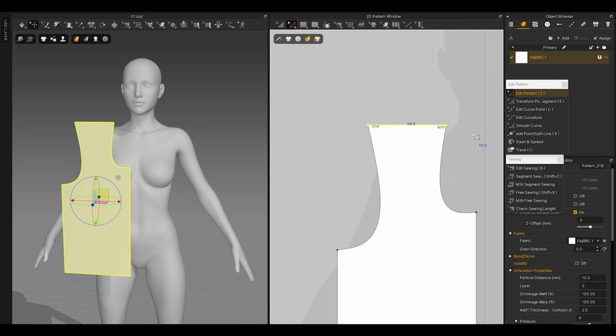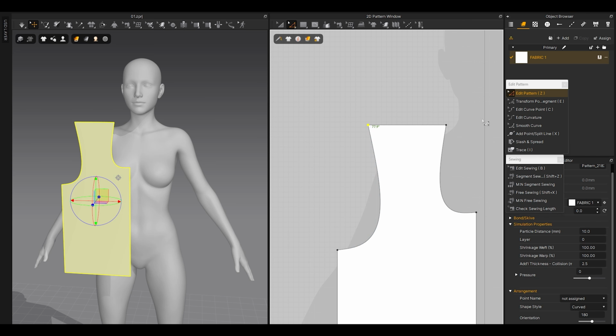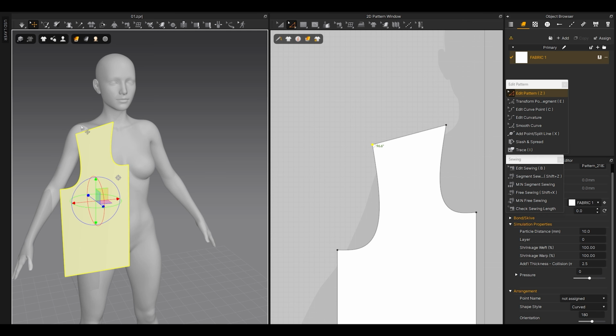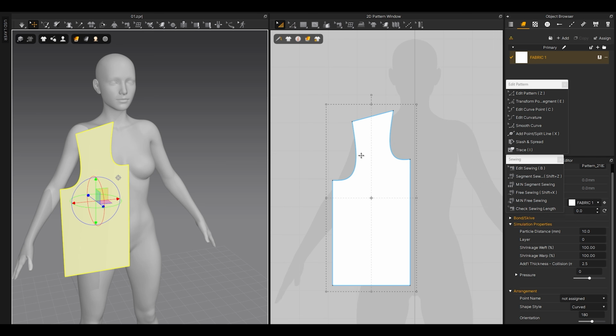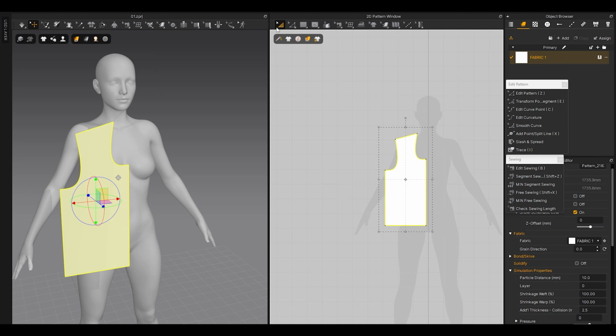This is the shoulder line. So use edit pattern to select this point, not this point, and just drag like this, because the shoulder, as you can see, is a little bit of a ramp. If you make it straight, it will be very bad. Don't make it. All right, so I'm gonna use this transform pattern tool, which I think by default is